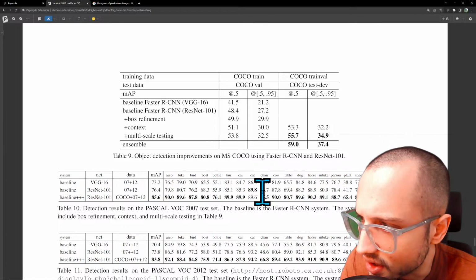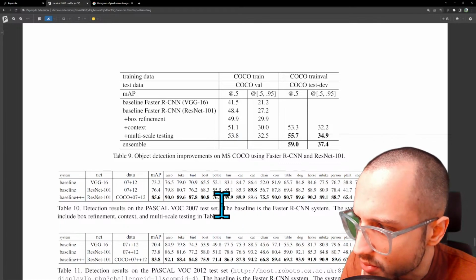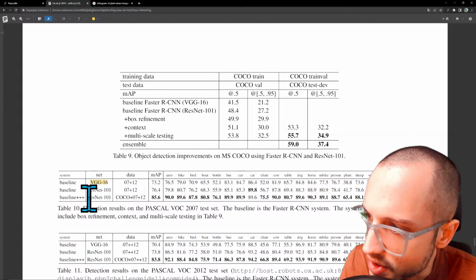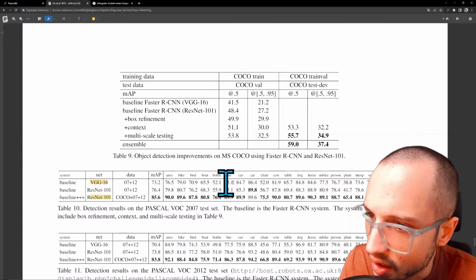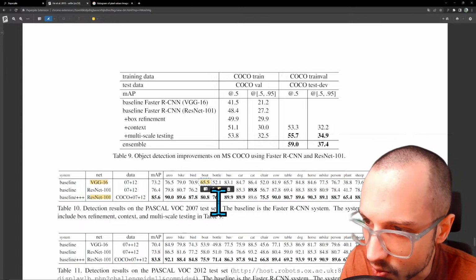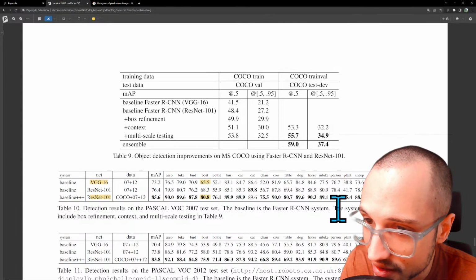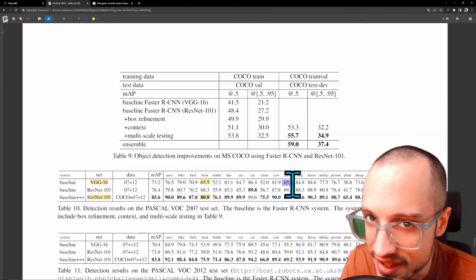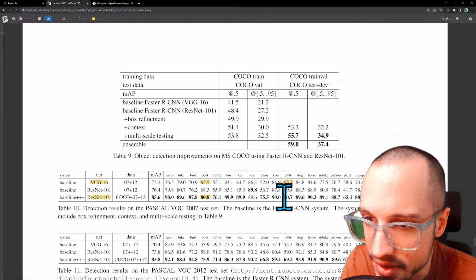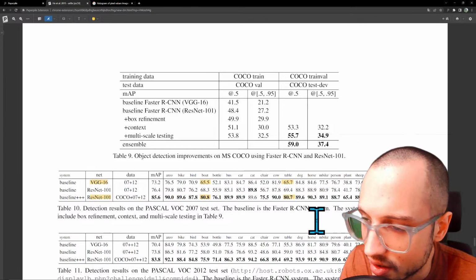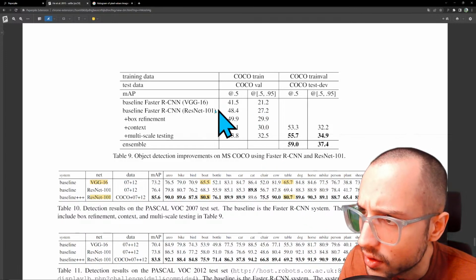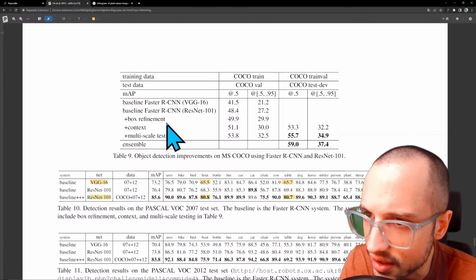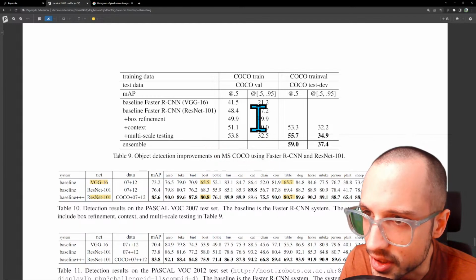And then these are just basically tables of the performance improvements. So here, for example, you have VGG16 versus their ResNet 101. You can see here, for example, boat, you went from 65 to 80. Let's see another big jump here. Table, 65 to 80. So these are huge jumps. They added a couple different tricks here: box refinement, context, and multi-scale testing. Getting a little bit of performance there, but it's not huge.